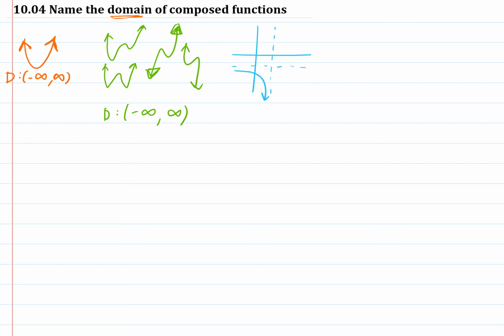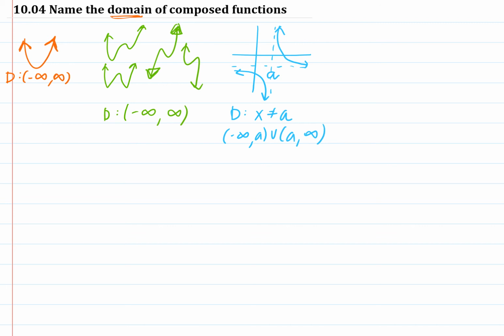And rational functions are interesting because they've got asymptotes. So let's say this is a, right? And so the domain of this function would be x is not equal to a. Or equivalently, negative infinity up to a, not including the value a, and the interval from a to infinity. So a, whatever the x value of that vertical asymptote is, is the one x value you cannot put into a